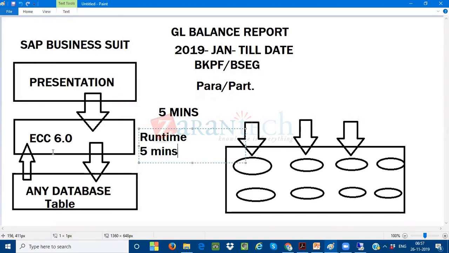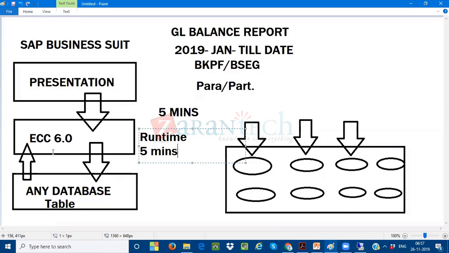Why? Because the data is very, very huge in the database table. So I cannot compile the report in my application. So what is happening? It will give some runtime error to you, so you cannot get the report onto the presentation. So again, the user has to split this report monthly wise and get the data. So second option, there is no other way.